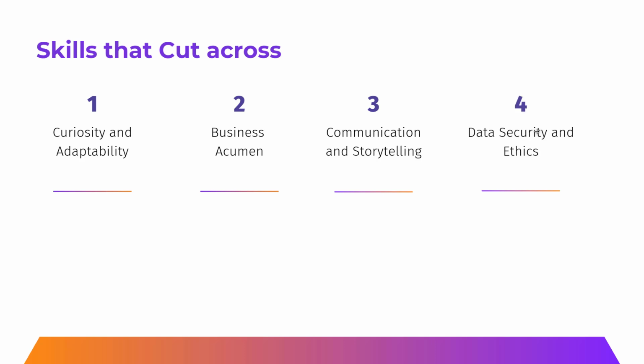Number four, data security and ethics. There are data breaches and so on. So as a data professional, you need to understand the do's and don'ts and the best ways to safeguard data. Now, when it comes to personal information, there are also other laws that protect that. We have the GDPR, we have the HIPAA, and others. So as a data professional, you need to be able to safeguard the data.